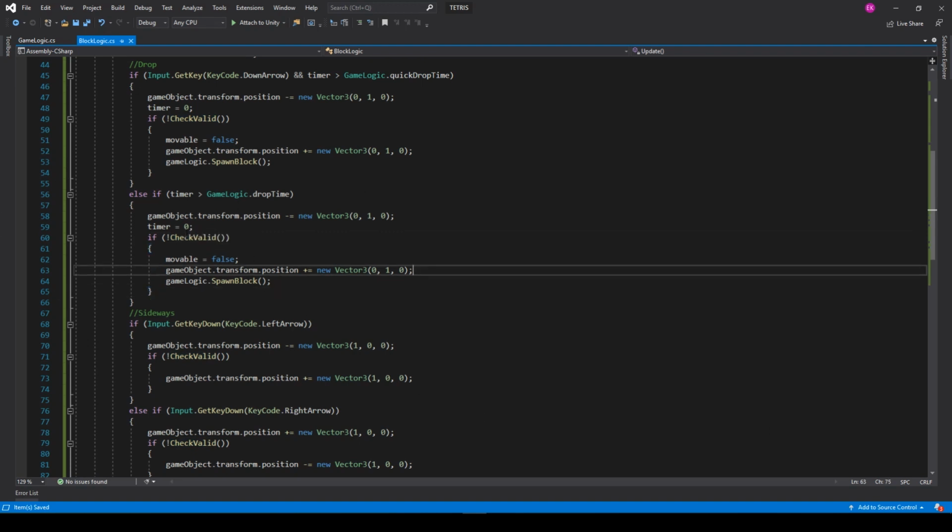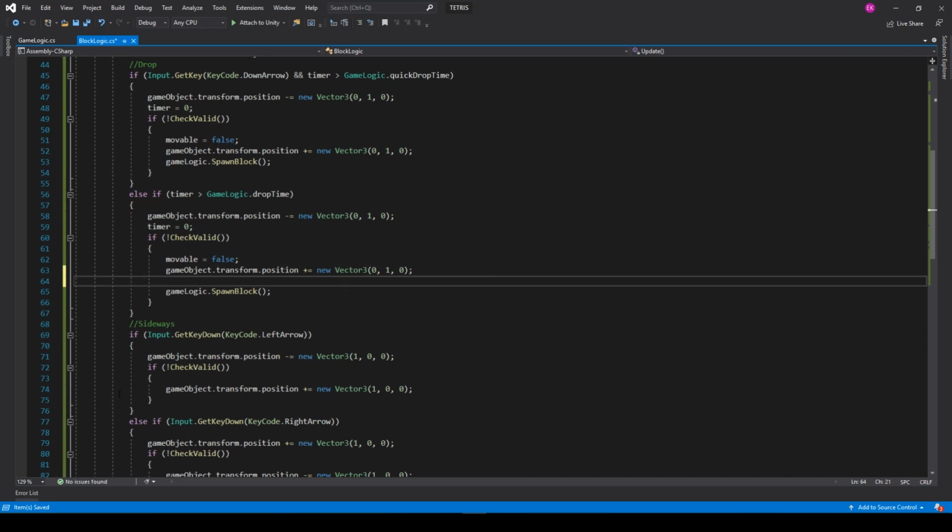So after we check the move and it's false, we restore to previous position, and the previous position is the last position where it can be, and it's still correct. So then we will register that position as our final and we'll put it to the grid. Yes, so here we'll go with register position, register block,